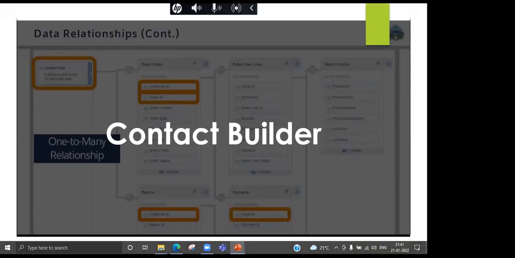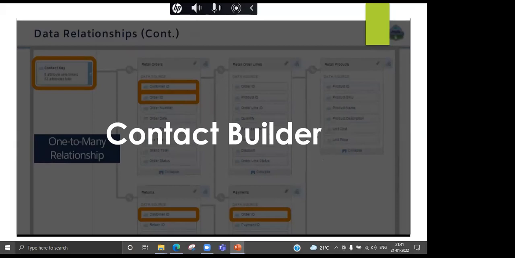So now, guys, where will you be creating your data model? Suppose you want to create such a data model wherein you have plenty of tables. In one table, you are storing customers' personal data like first name, last name, and everything. In a second table, you are storing customers' purchase histories. In a third table, you are storing customers' preferences. So how will you relate everything, how will you create your data model? There is a builder called Contact Builder. What is Contact Builder?